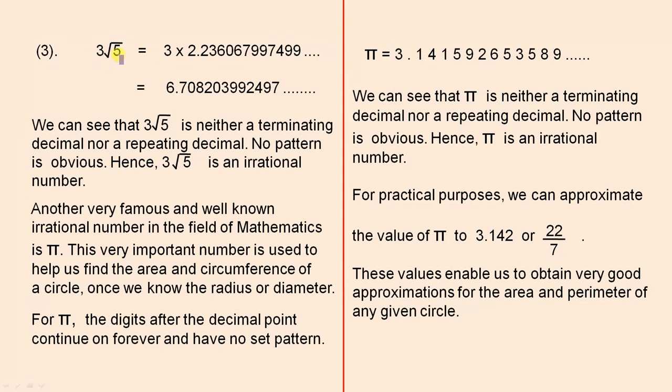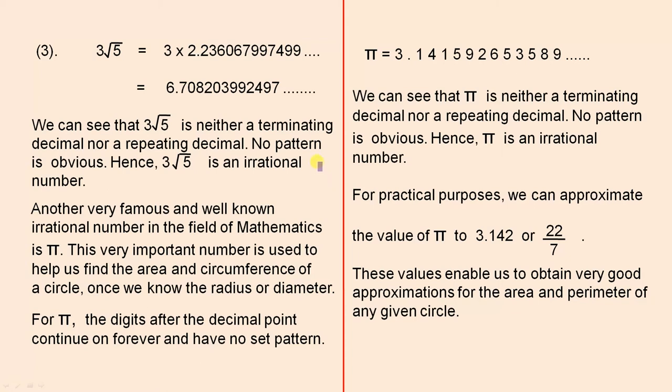3 times the square root of 5, which is 3 times that approximation, which is that approximation there. It continues on forever. We can see that 3 times the square root of 5 is neither a terminating decimal nor a repeating decimal. No pattern is obvious, hence 3 times the square root of 5 is an irrational number, and there